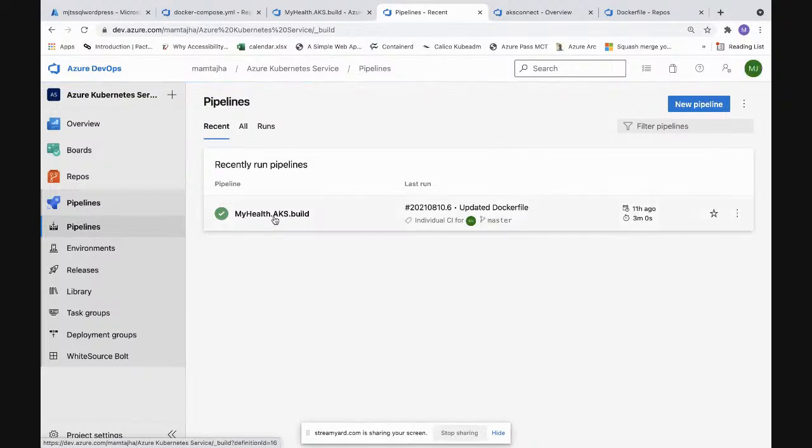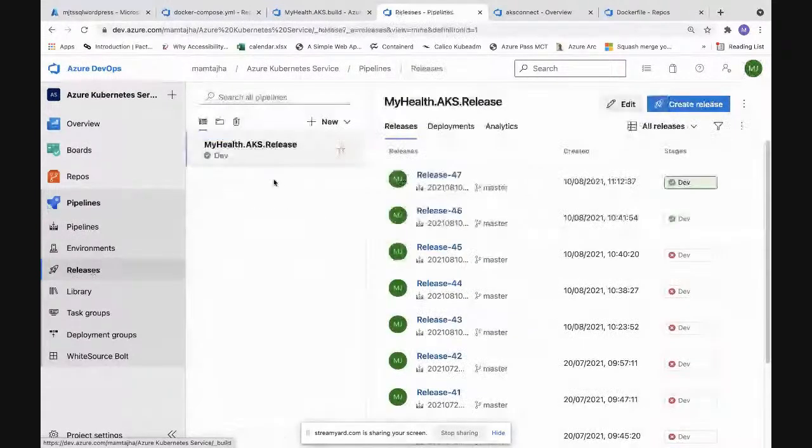So this is the build pipeline. I'll execute it. If I execute it, it will go to the deployment as well. That's the reason I'll execute them together. Not now. I'll execute that after a while. Now let's move on to the release phase. Release pipeline is shown over here.